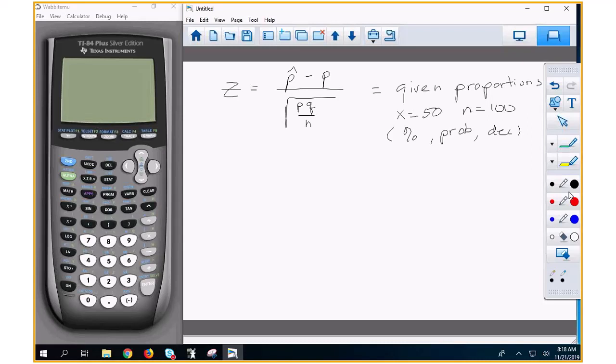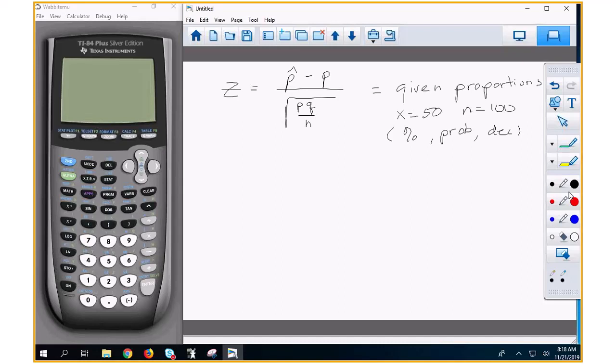Now, how do you know that you're not supposed to use the other formula for Z? Well, they're not going to give you a standard deviation. They're not going to give you a mean. They're not going to give you all of that stuff. Everybody with me? They're just going to give you x is equal to 10 and n is equal to 100, and I want a 95% confidence level. That's a proportion test, and that's what that's called, proportion.